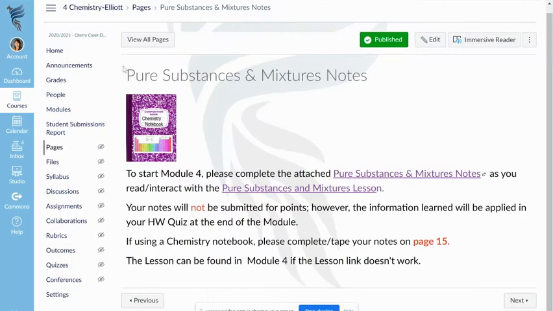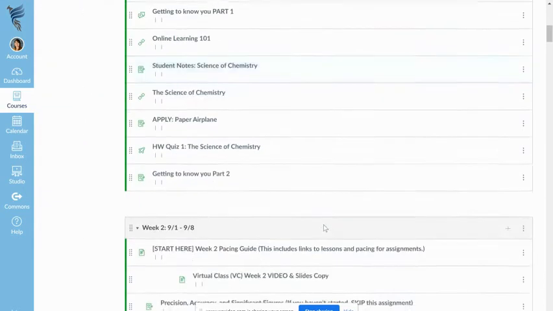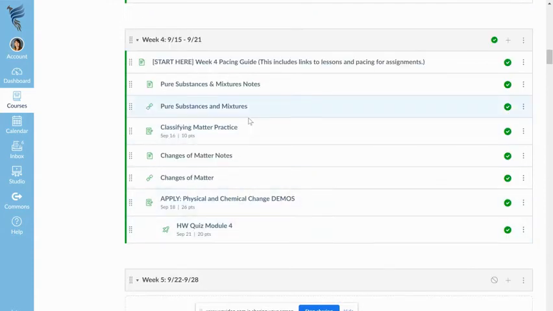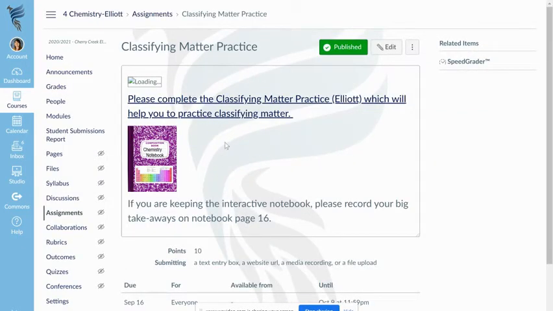All right, taking us back to this, I'm going to go back to our module and take a look at the next piece. Again, you can access things straight through the modules pacing guide, or you can actually link everything is below. The next thing is going to be a classifying matter practice. This one is worth 10 points. And when you open this up, what you'll do is you'll click on this link and it will take you